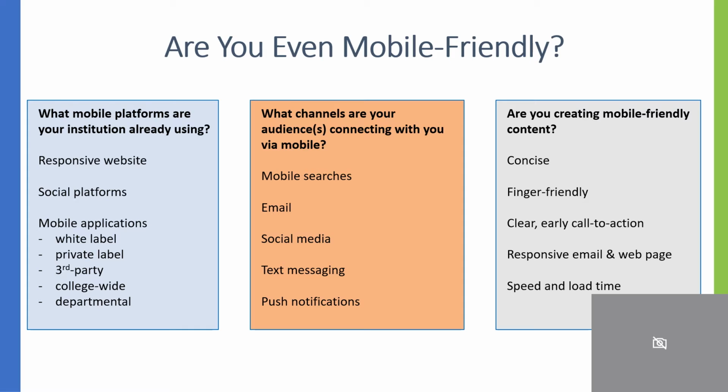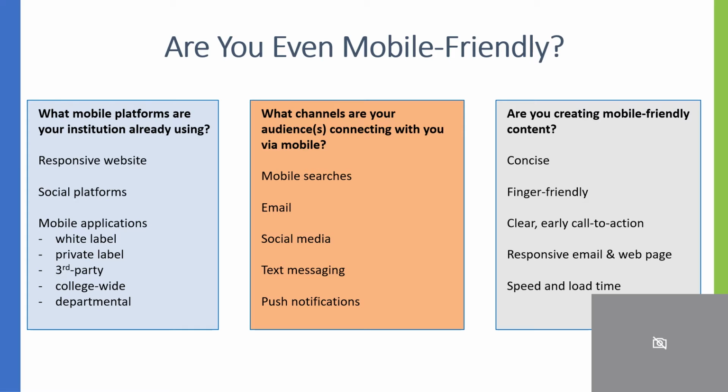In thinking about mobile applications, a large number are open to push notifications. So if you do have mobile apps in your campus and are using them to engage with different audiences, try to understand how that notification process works. More than 70% of mobile app users will allow for push notifications, according to recent data from Marketo. So trying to engage those audiences when they're on their mobile phone and via the applications is something that you need to take advantage of all the capabilities that exist within those mobile applications.